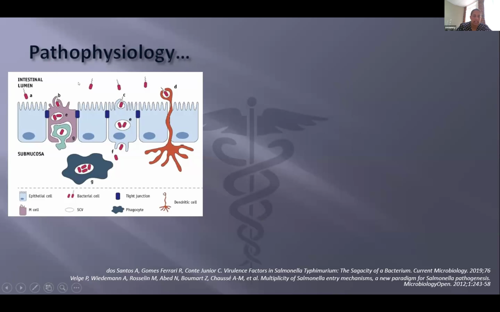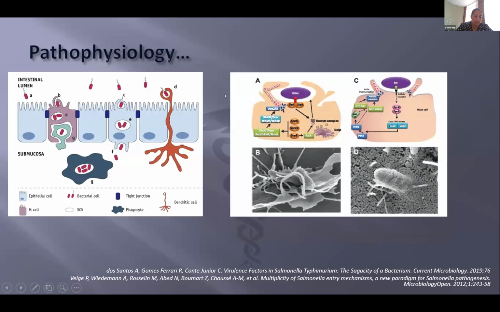B and C are similar, except that B just represents M cells, which are special cells, and this is thought to be how Salmonella typhi enters the intestinal epithelium, whereas NTS just has this generalized invasion of the enterocytes. Now, once they've invaded the intestinal epithelium through bacterial-mediated endocytosis, they then encode this type 3 secretion system within